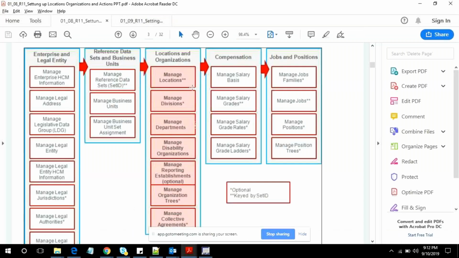That's the reason, after creating all the enterprise and legal entities and business units, now we are discussing divisions. Before going to create a division, let me go for creating a location, and what are all the steps in locations. Before creating a location, let me discuss locations and other things using this